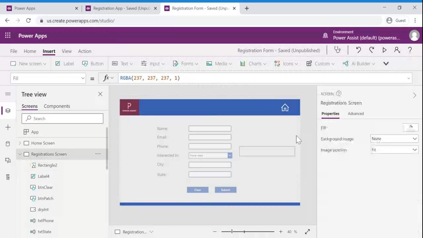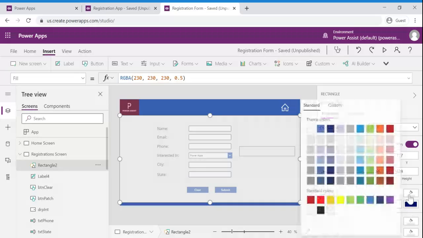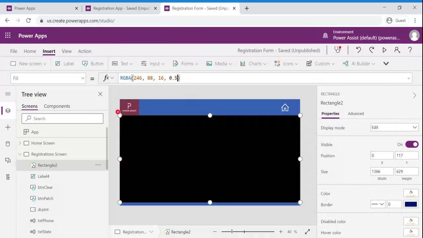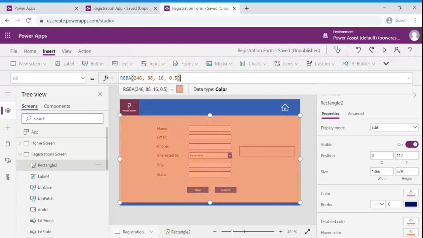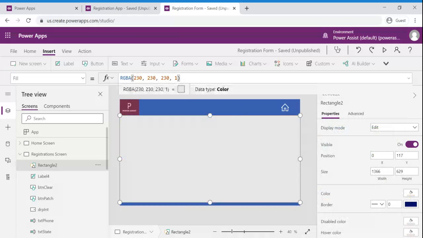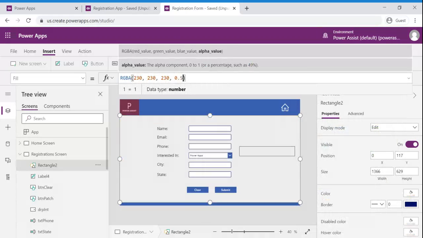This way we can have a better UI for the user when we are trying to pop up any windows or confirmation dialog box. And this can be done to any color. Let us say if we choose this color and I am going to update its alpha element to 0.5. Depends upon the requirement and the color that suits the application. Choose your color accordingly. I am going to update this to 0.5.